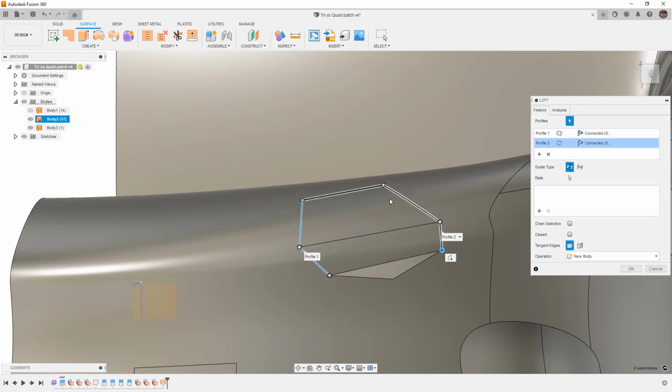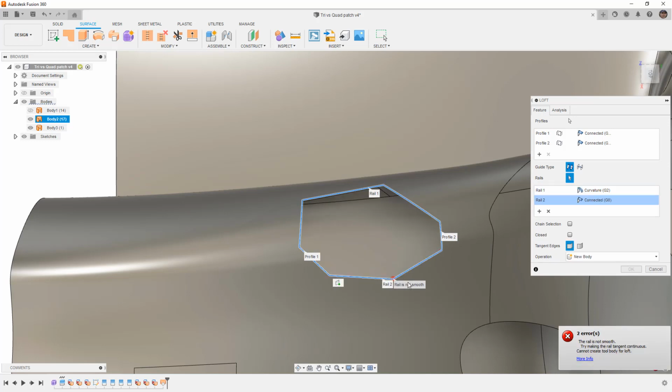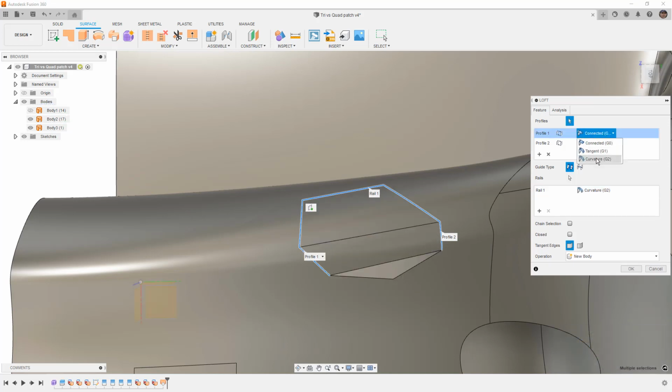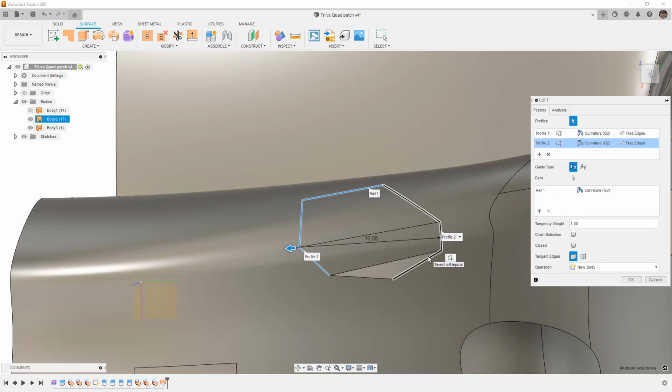Because we do have one connected edge over here, we can use that as a rail. And once again, we can use tangency or curvature continuity to drive the shape. Over here, we cannot use this as a rail. A rail must have a smooth profile, which means it must be curvature continuous. So that means we need to leave this edge open. We're going to change our profiles to curvature continuity. And because we do have this open edge, because we don't have rails everywhere,